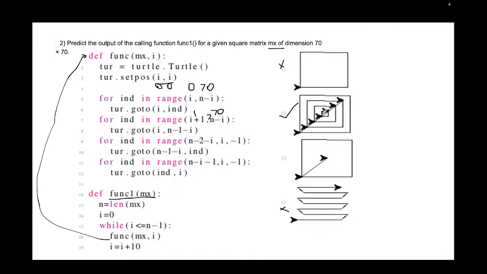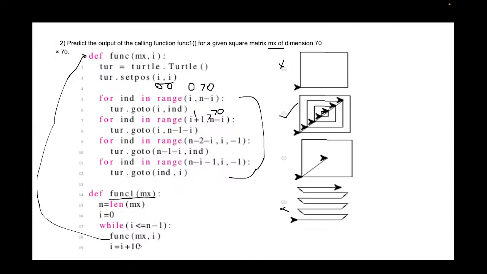Okay, so all these 4 loops, if you plot the coordinates, are completing a square. These 4 loops are drawing the sides of a square, and then after that we are doing a jump